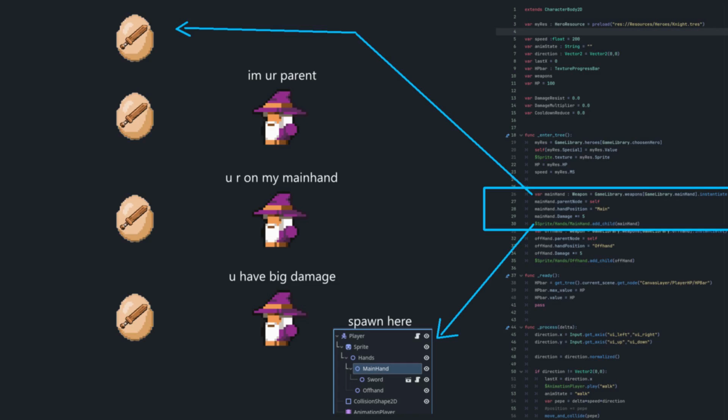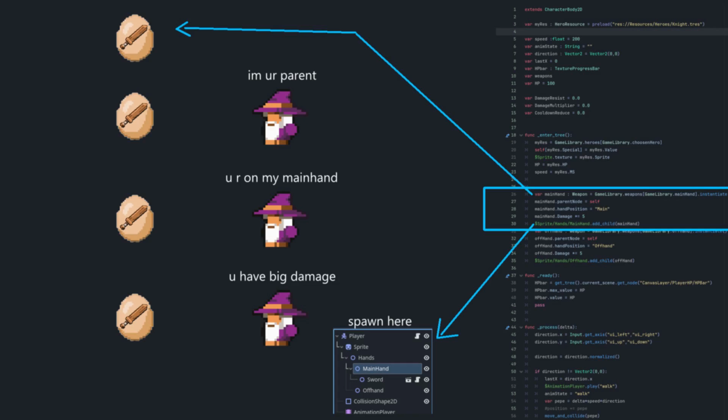It can vary from dagger, staff, or sword, and then we're gonna tell our weapon that the parent node is the player scene. Not the main hand node, but the player scene.